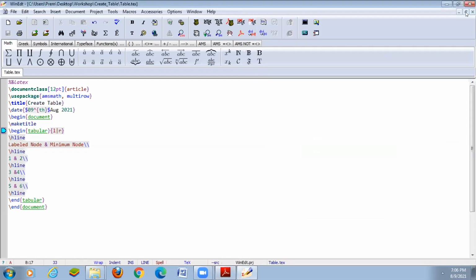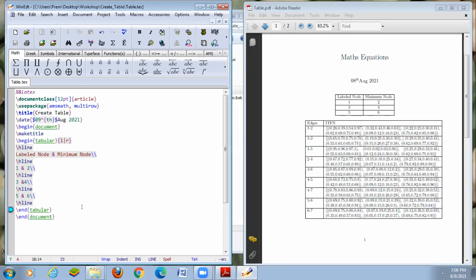Using it for another table. So begin tabular and then empty tabular. How many columns do you want? For this, only 2 columns will be there. Okay.